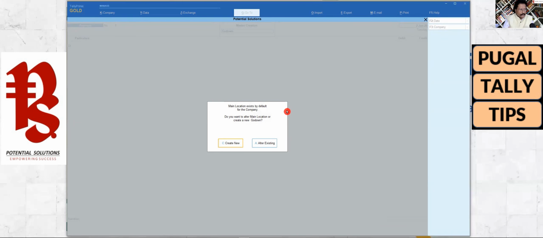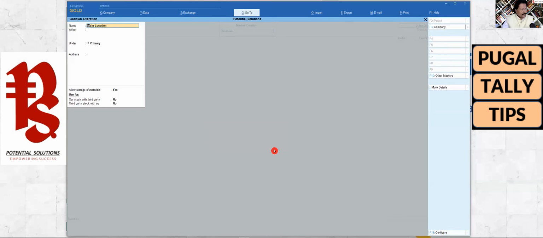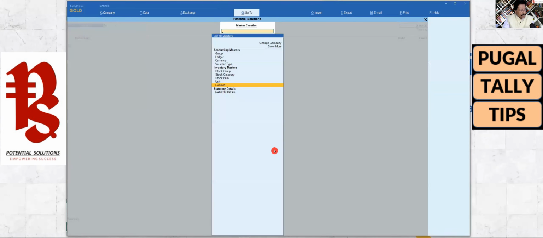So Tally says I have already created one default godown which is called main location. Do you want to alter the existing one, or do you want to create a new one? Let's say I want to alter the existing one. So by default, again, the same main location is going to come here, and we are going to alter this as factory, and I'm going to press Control A.